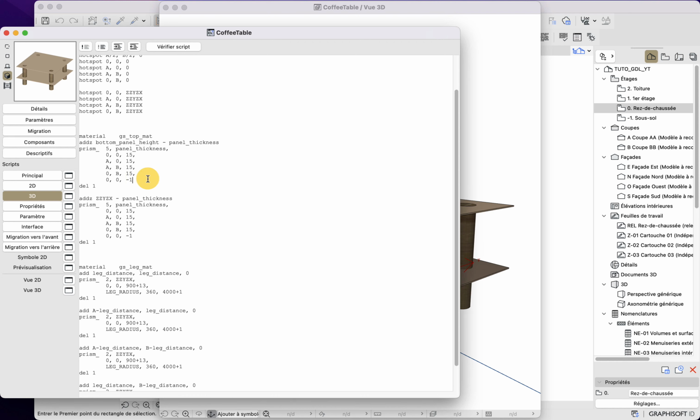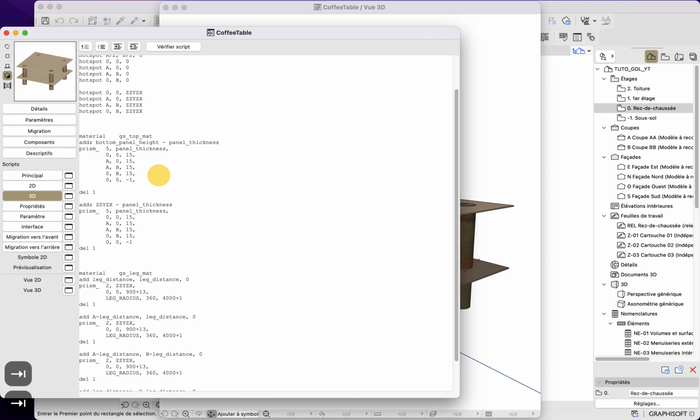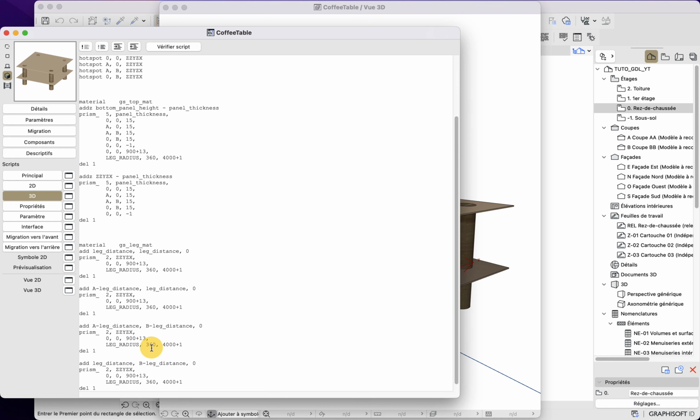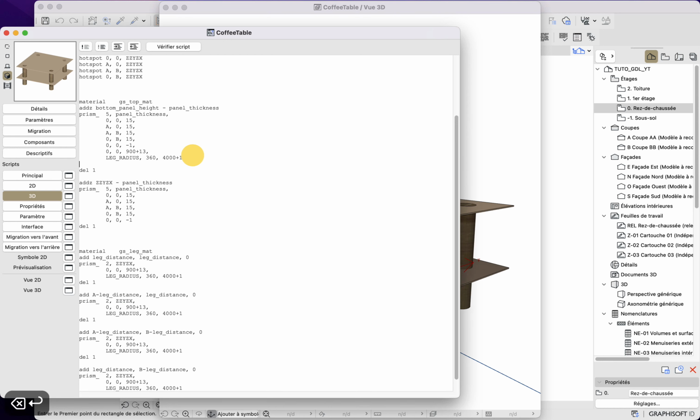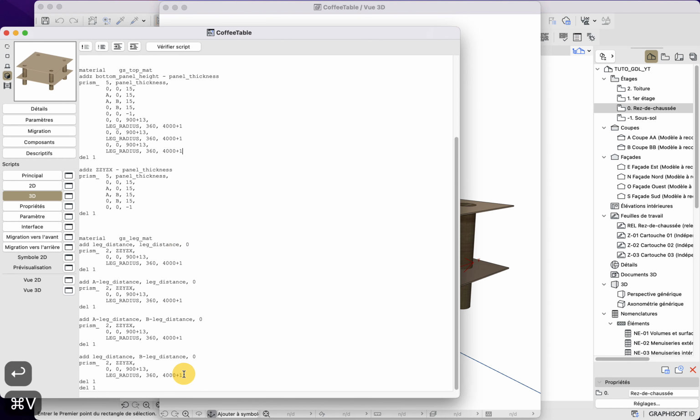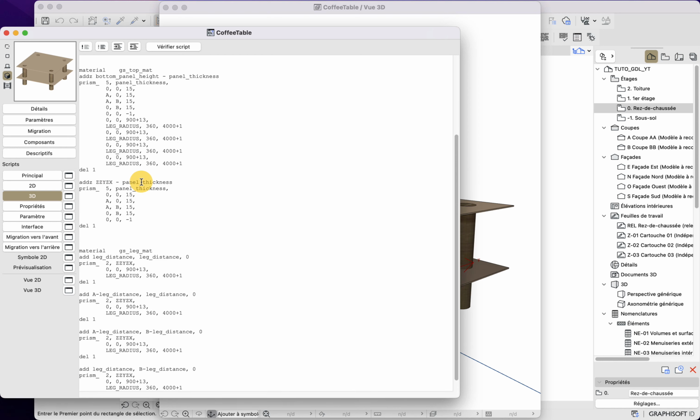What we need to do is simply add a comma to continue the command, and then add all the coordinates that we have in our legs. You see how easy it becomes when we use this Prism command, which is the Poly2 version in 3D. So here I will copy paste this, and copy paste that one here. You can see that I'm copying the exact same command.